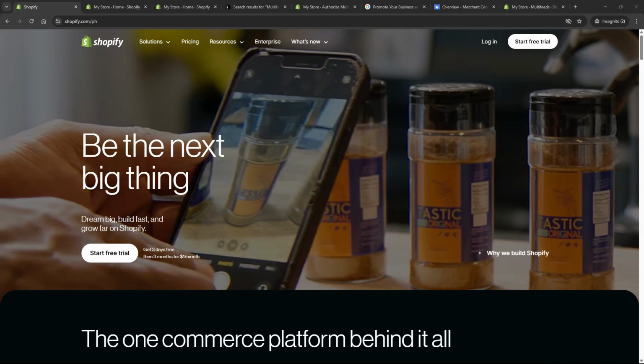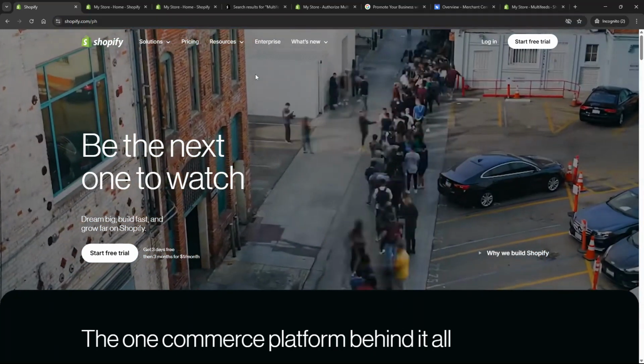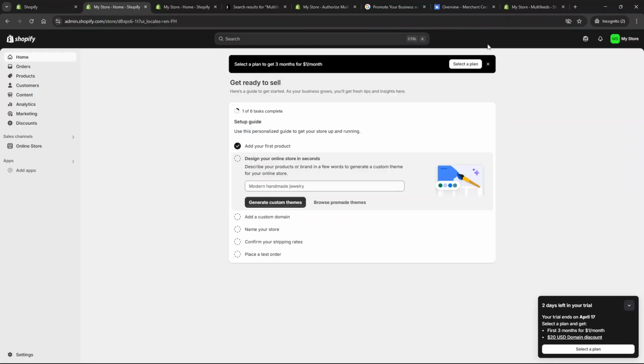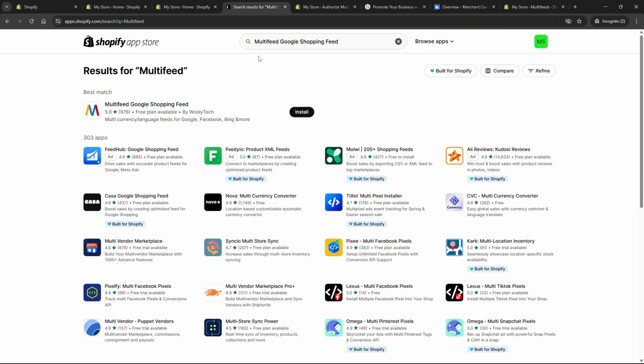First, you need to install the Multifeed app on your Shopify store. To do this, navigate to the Shopify App Store and search for Multifeed. Once you find it, click to add the app to your store and follow the instructions to install it. This app will be pivotal in managing your product feed and syncing it with Google Merchant Center, so ensure installation